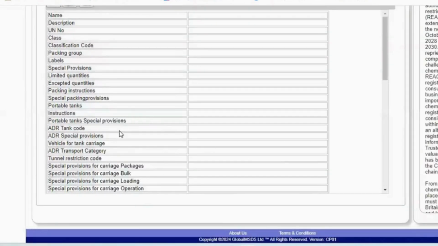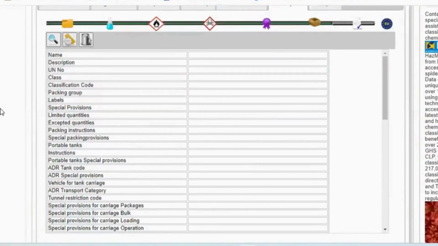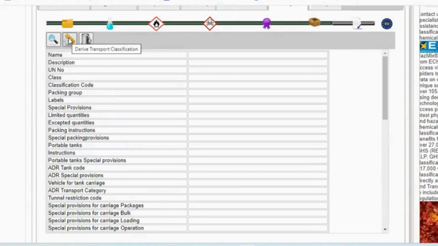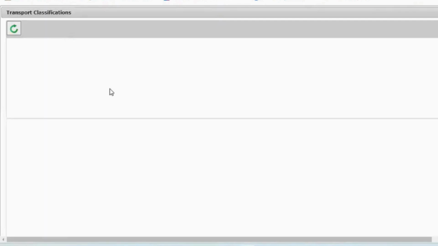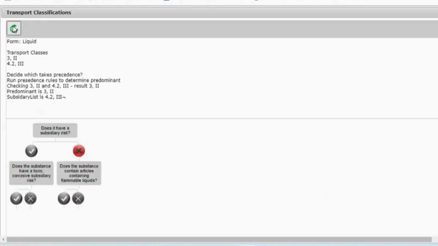For my product, I'm not sure of the transport to be assigned. So alternatively, I wish to derive the transport classification here. So I will click this icon here and I will try to derive the transport classification using the bridging principle. I will click this icon here to calculate the transport